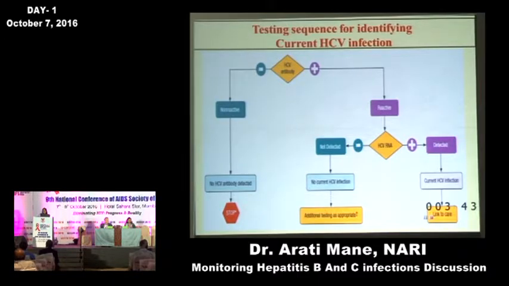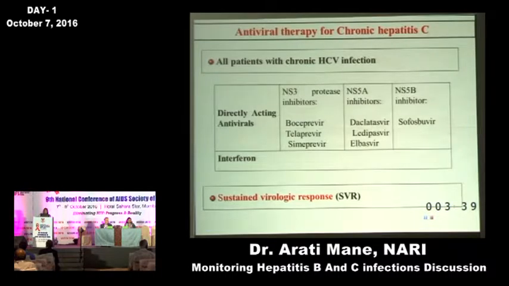But if it is detected, it indicates current treatment, and linking to care is very important. Now, treatment is recommended for all patients with chronic infections. So we have two modalities: interferons, or the recent directly acting agents which act against NS3 and NS5A and B non-structural proteins. Now the endpoint we are interested in is sustained virological response, that is absence of HCV RNA even